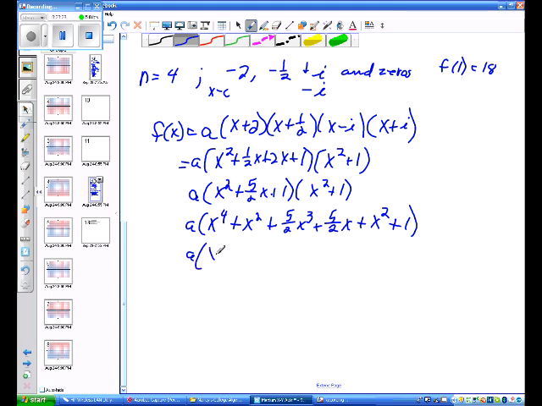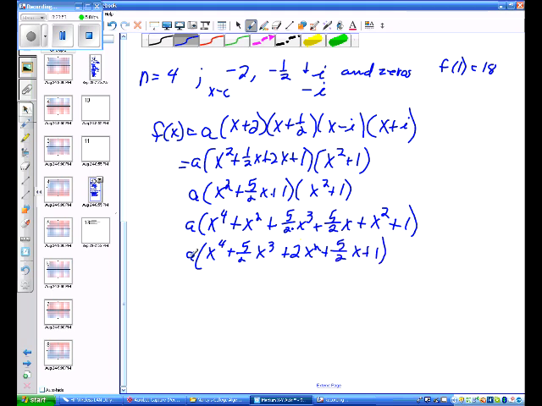And combining our like terms, we have x to the fourth, 5 halves x cubed, x squared plus x squared, so 2x squared, plus 5 halves x